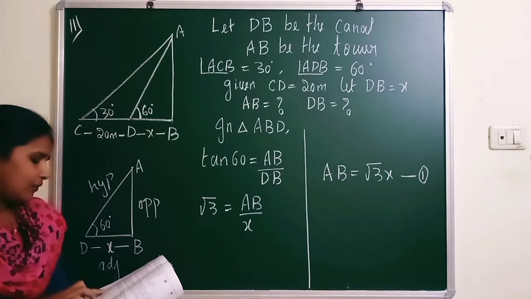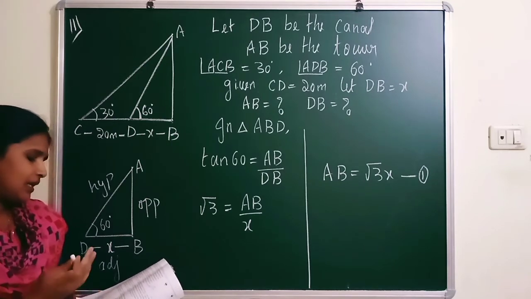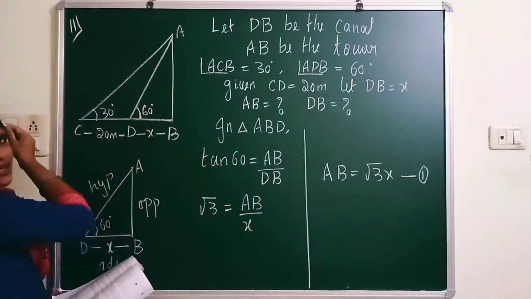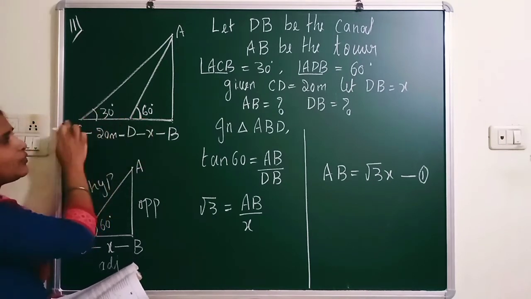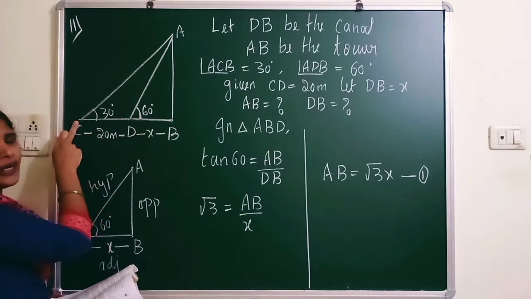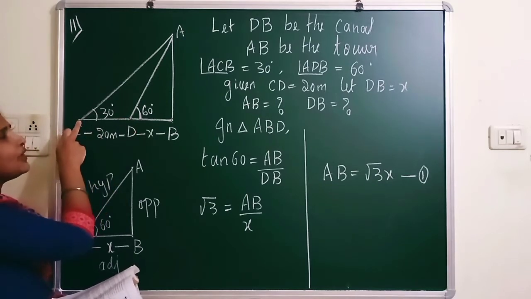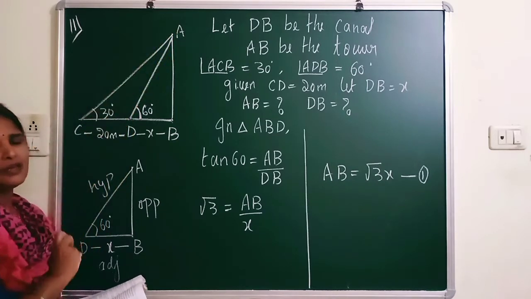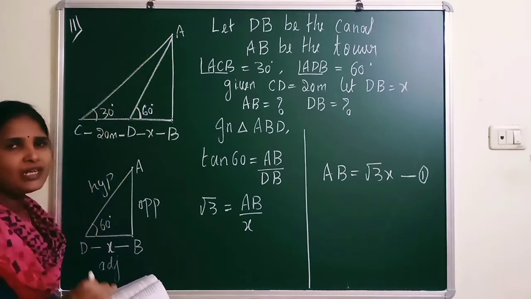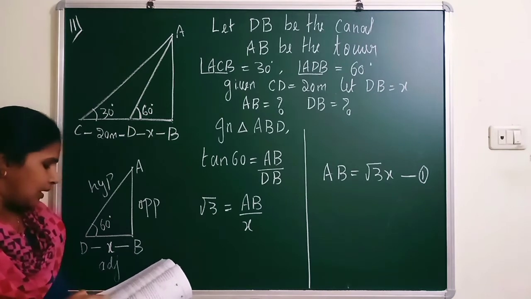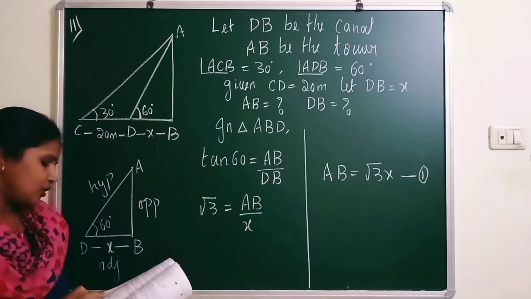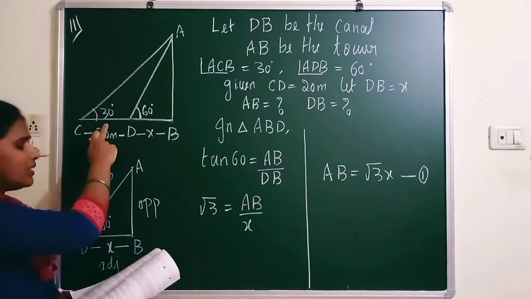And he has given that from another point 20 meter away from this point, means you have to go this side. So 20 meter away, take another point, and again he has given that the angle of elevation from this point to the top of the tower is 30 degree. So read the question carefully and draw the diagram. And this point to the foot of the tower, the angle of elevation of the top of the tower is 30 degree.